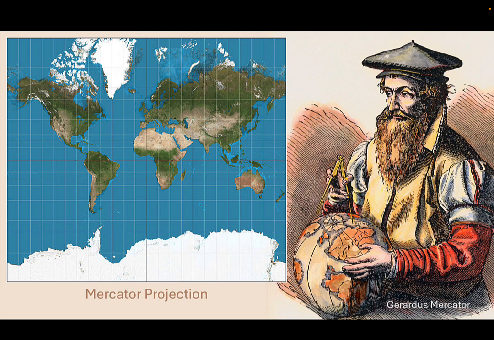This projection not only exaggerated the land size of European nations, but also positions them at the center of the map. This Eurocentric view reinforces a historical narrative where Europe appears larger and thus implicitly more important than it is relative to the other regions. This has cultural and psychological implications, potentially embedding a sense of superiority or dominance that was reflective of and conducive to colonial attitudes and policies.